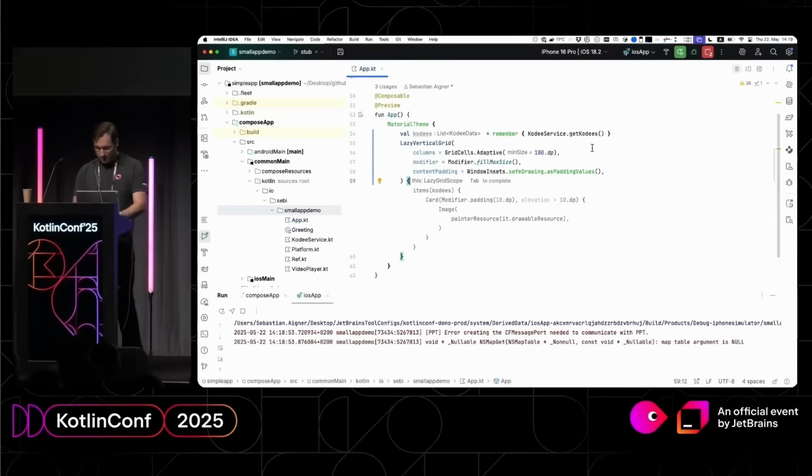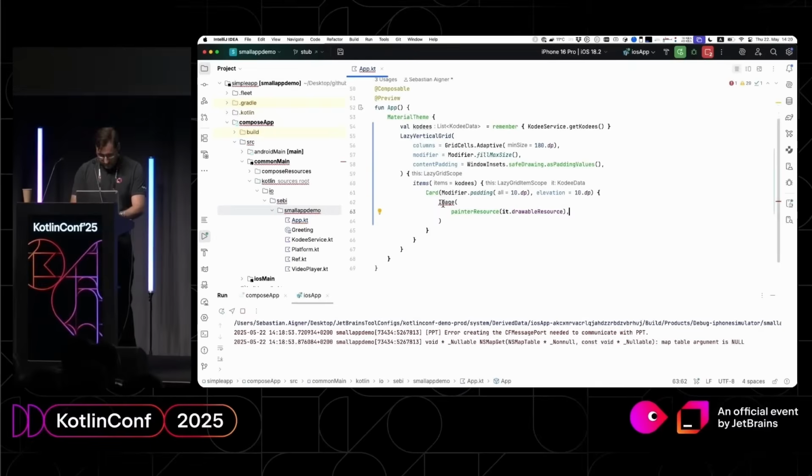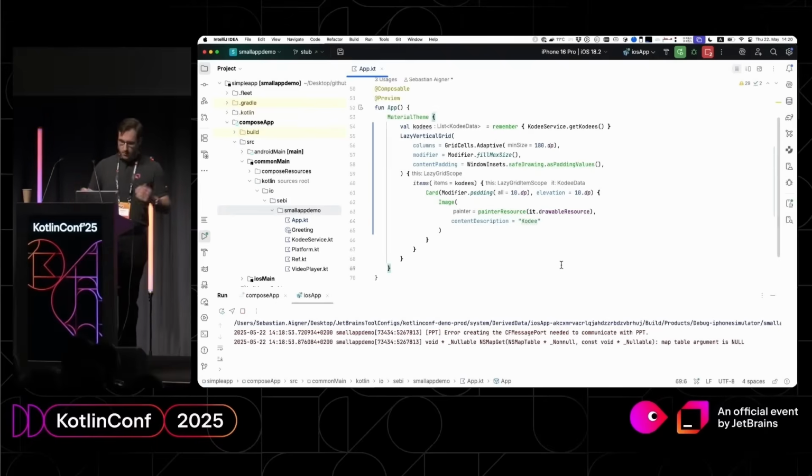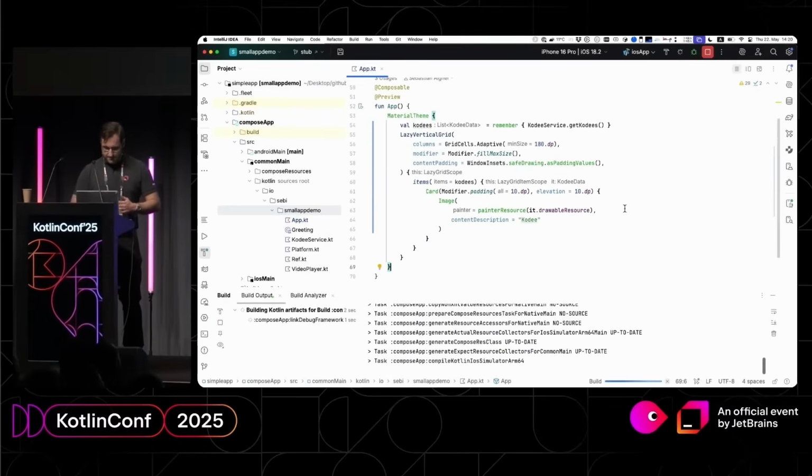And of course, we want to draw a couple of items. Actually, having them on a card seems pretty reasonable, so we'll auto-complete this part as well. Of course, we also want to specify a content description here, something like Cody. Okay, again, hopefully nothing too surprising here. If I run this,